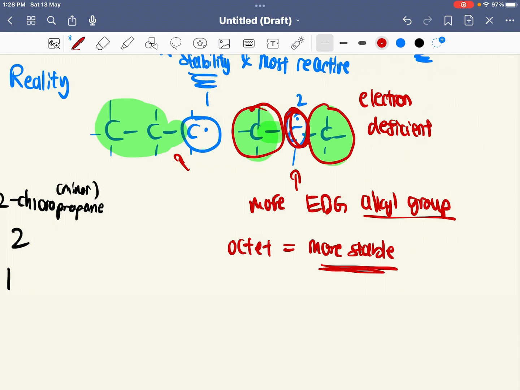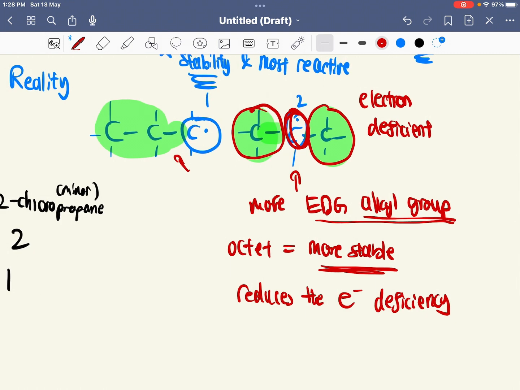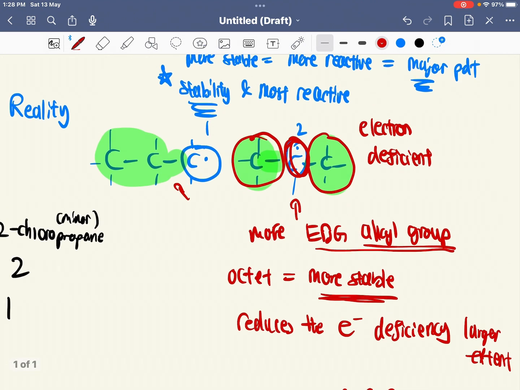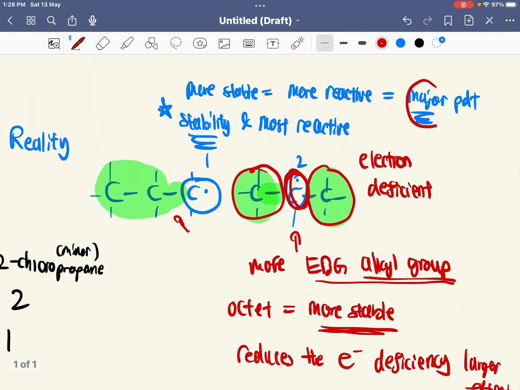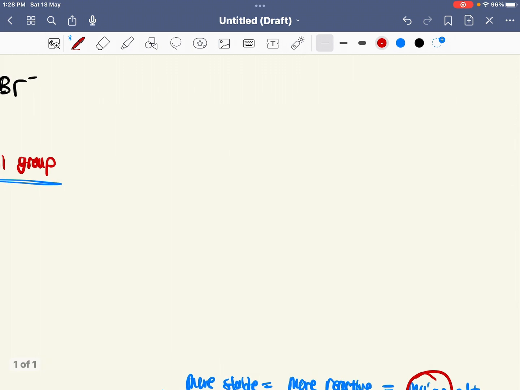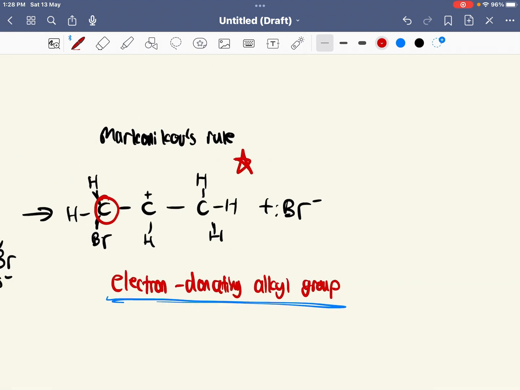But in the exam, you just write: because there are more electron donating alkyl groups attached, it reduces the electron deficiency of the radical to a larger extent. Therefore, the product is more reactive. Since it's more reactive, that's why we have our major product. More stable, more reactive, major product, because electron deficiency is reduced to a greater extent. So if we look over here, by Markovnikov's rule, it's almost the same thing,